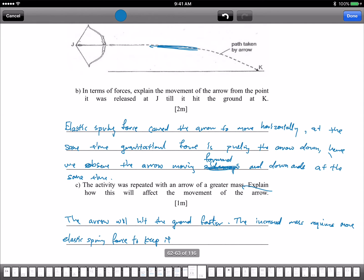To keep it airborne. Okay, the increased mass requires more what? Airborne or flying, right? To keep it moving forward. It also makes the arrow hit the ground faster. The increased mass requires more elastic force to keep it moving forward. The gravitational force